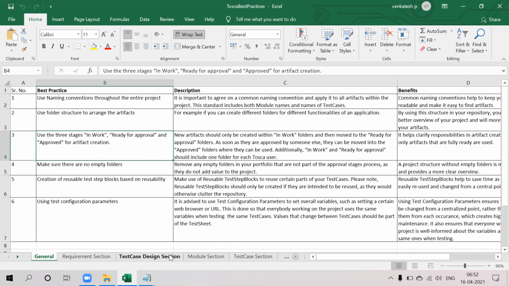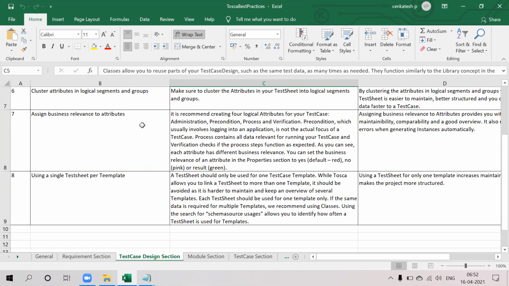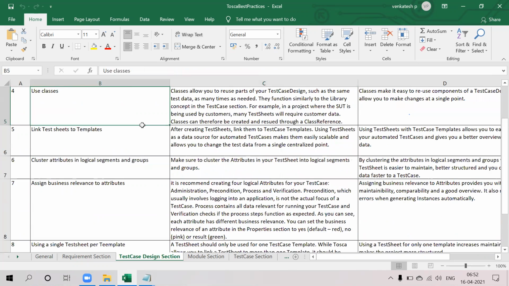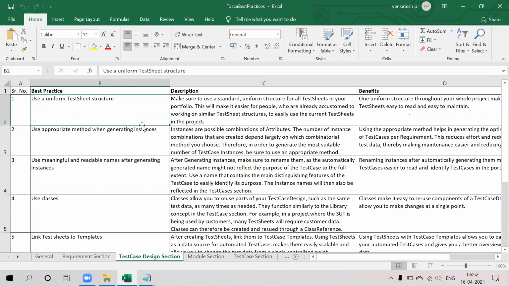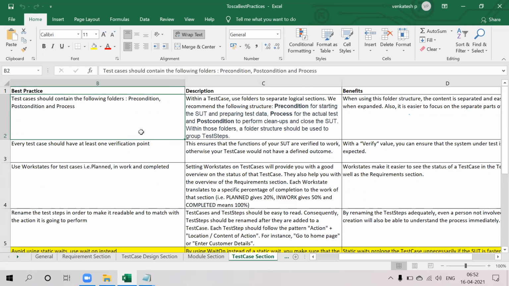The same thing when you are working with the TCD, you can create a structured view, like precondition, postcondition, and validations, and design those in the test case design section as well.